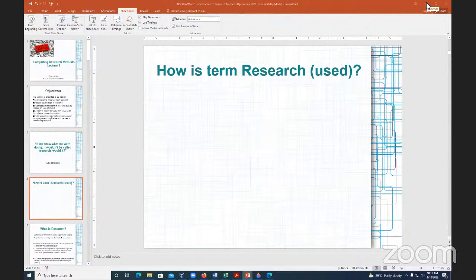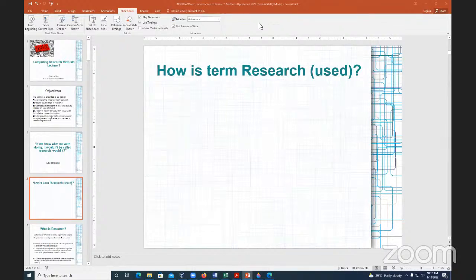So if you want to find a restaurant that's near to us, a lot of people just use Google, they interchange using a search engine or asking somebody with the term research, or opening a book to look for something on a topic as research. So the word research is used in a very casual way to mean searching for information. It's also used in another way in academia. Can anybody tell me how the term research is used in academia, as in university and among people who have formal degrees?